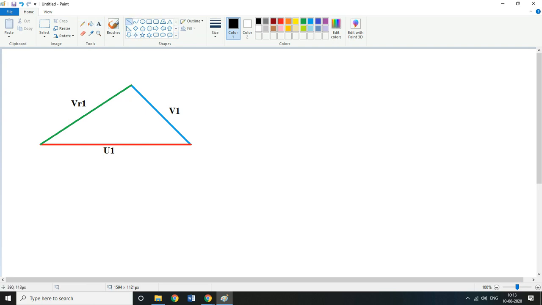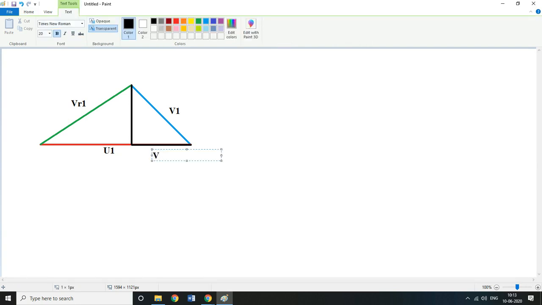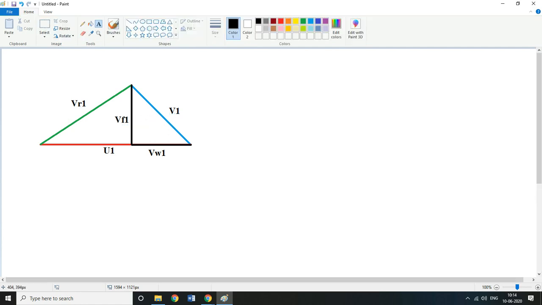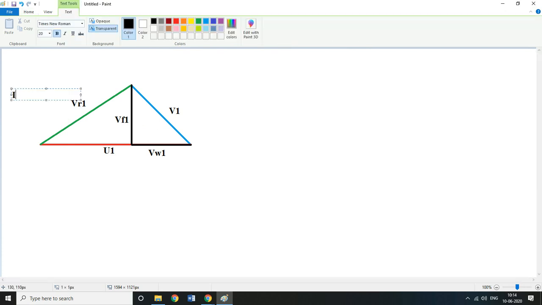Now because of V1, you'll have the tangential and radial components, okay. So now what do we specify? VW1 for tangential, and VF1 for radial. This is your inlet triangle of the rotor. I'll just write this: inlet to rotor,